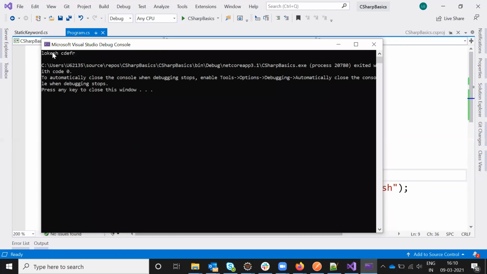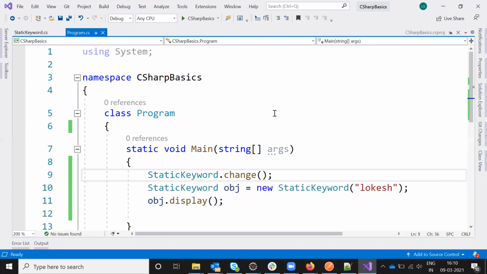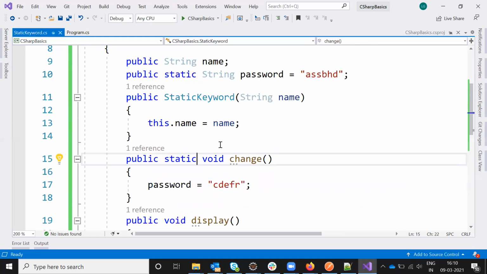Yes. Now see, Lokesh, and it is given a new password, right? This way we can access static methods also. We can initialize some value and we can change it.